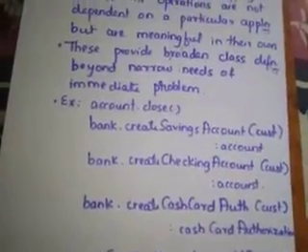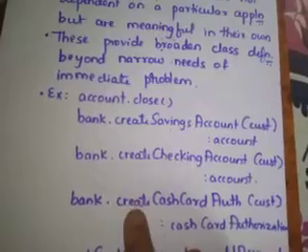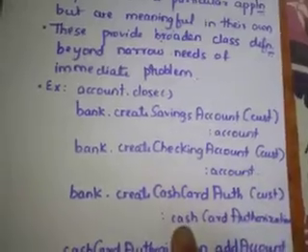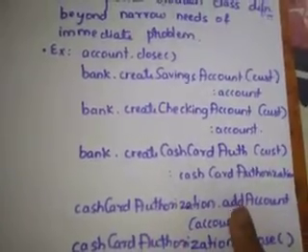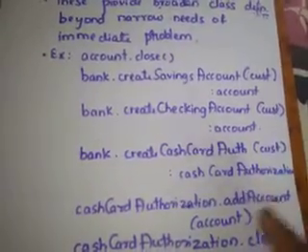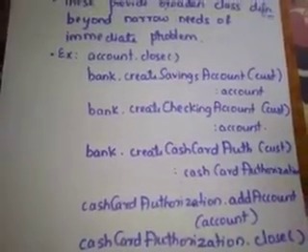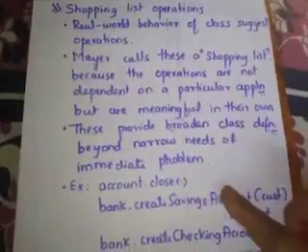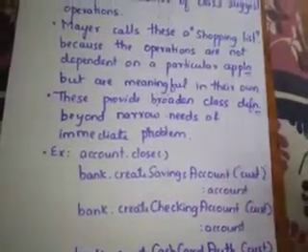Similarly, whenever you want to issue a credit card or debit card to a customer, we say create the card authorization for that particular customer, right? So what we get is a cash card authorization. Similarly, when a cash card is given to us, it has to be tagged to one of the accounts. So when this cash card is authorized, it belongs to some account. At the end, I say closing of that particular authorized account. So like this, the real world behavior of a class suggests the operations. They give a broader view than the narrow things when we do it for the implementation.